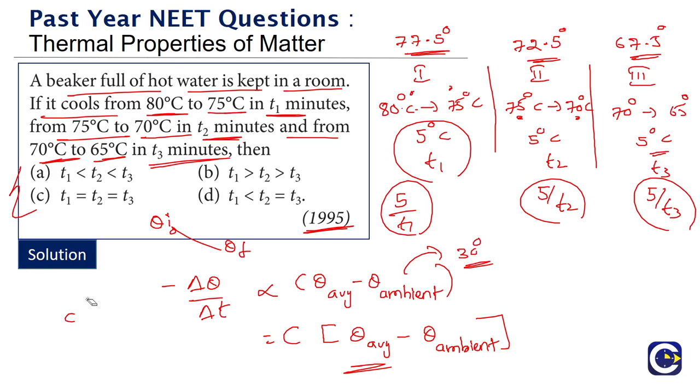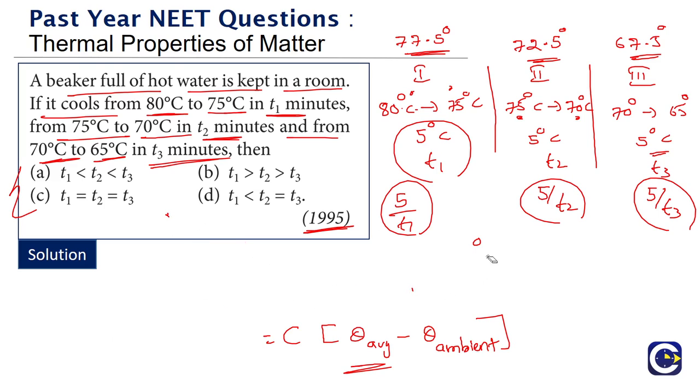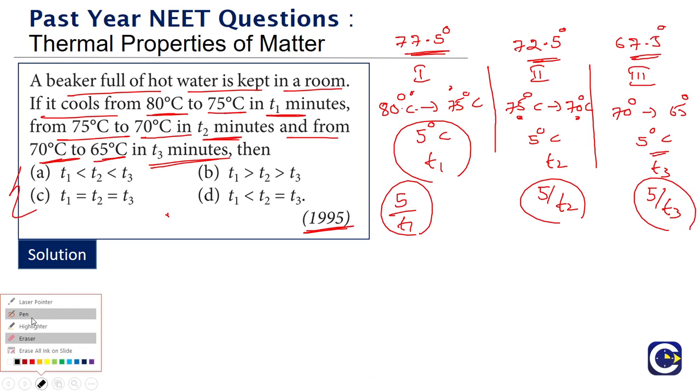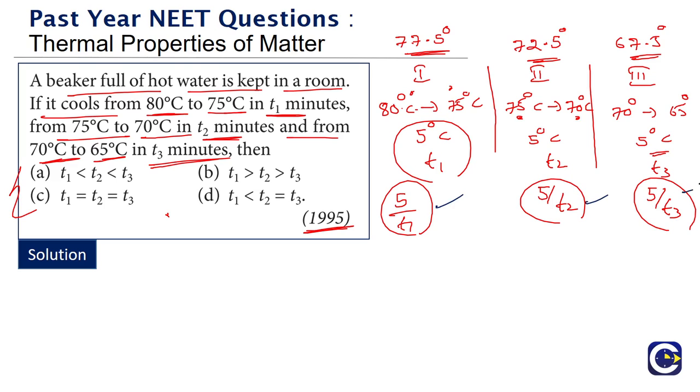Now we'll proceed and write down the expression in all 3 cases. The rate of cooling we already have. In the first case it is 5 by t1, second case 5 by t2, third case 5 by t3. That is the rate of cooling. Minus delta theta means the temperature drop, because it is the case of cooling, so minus delta theta by time gives the rate of cooling. Look at the first case: 5 by t1 is equal to